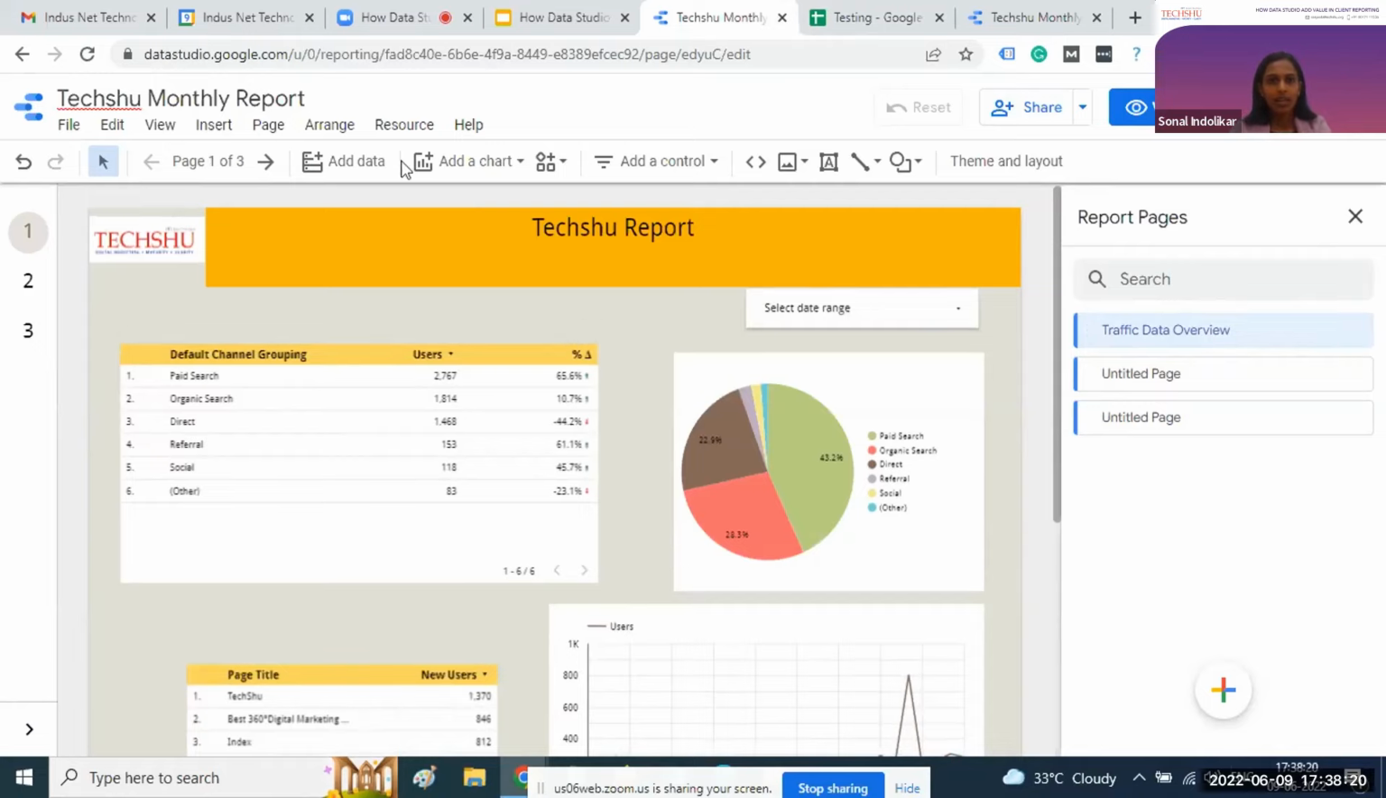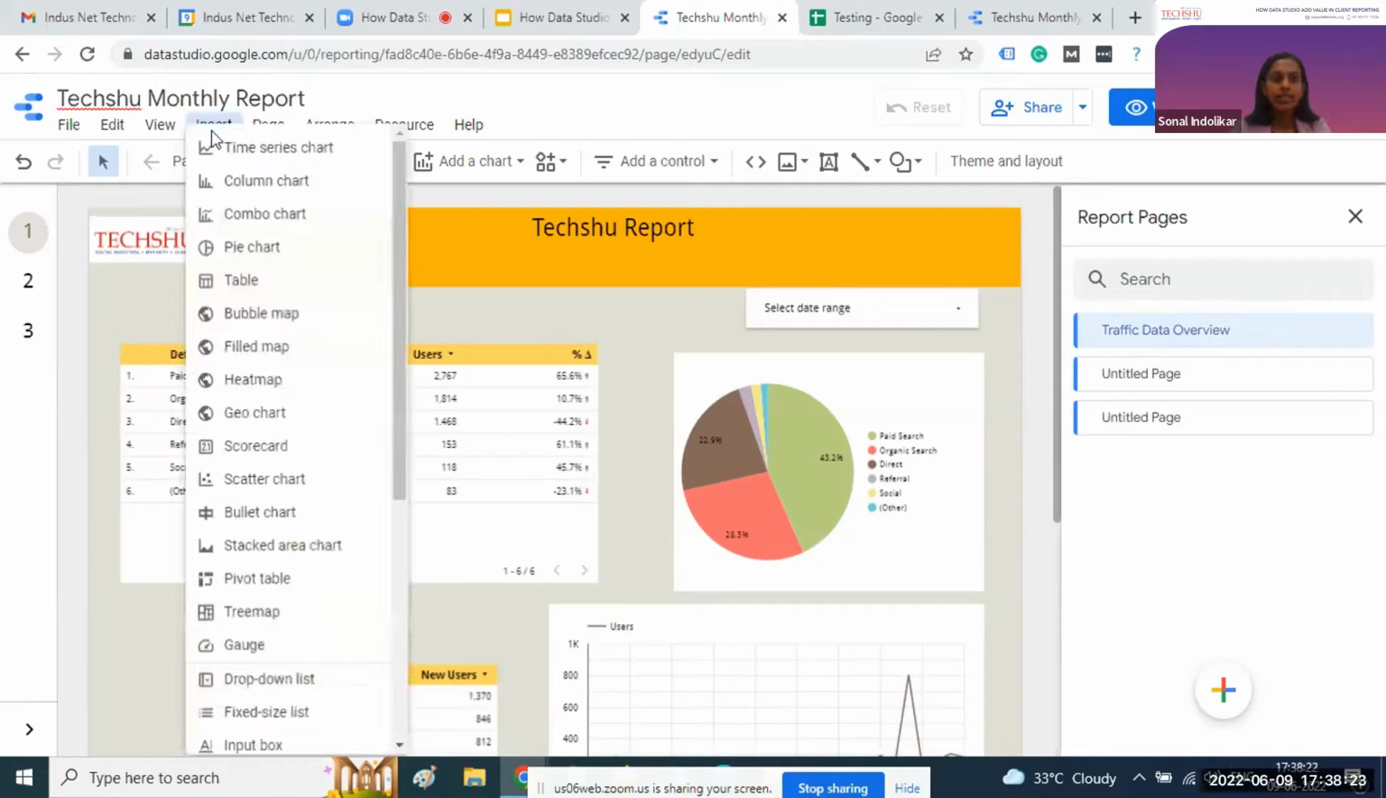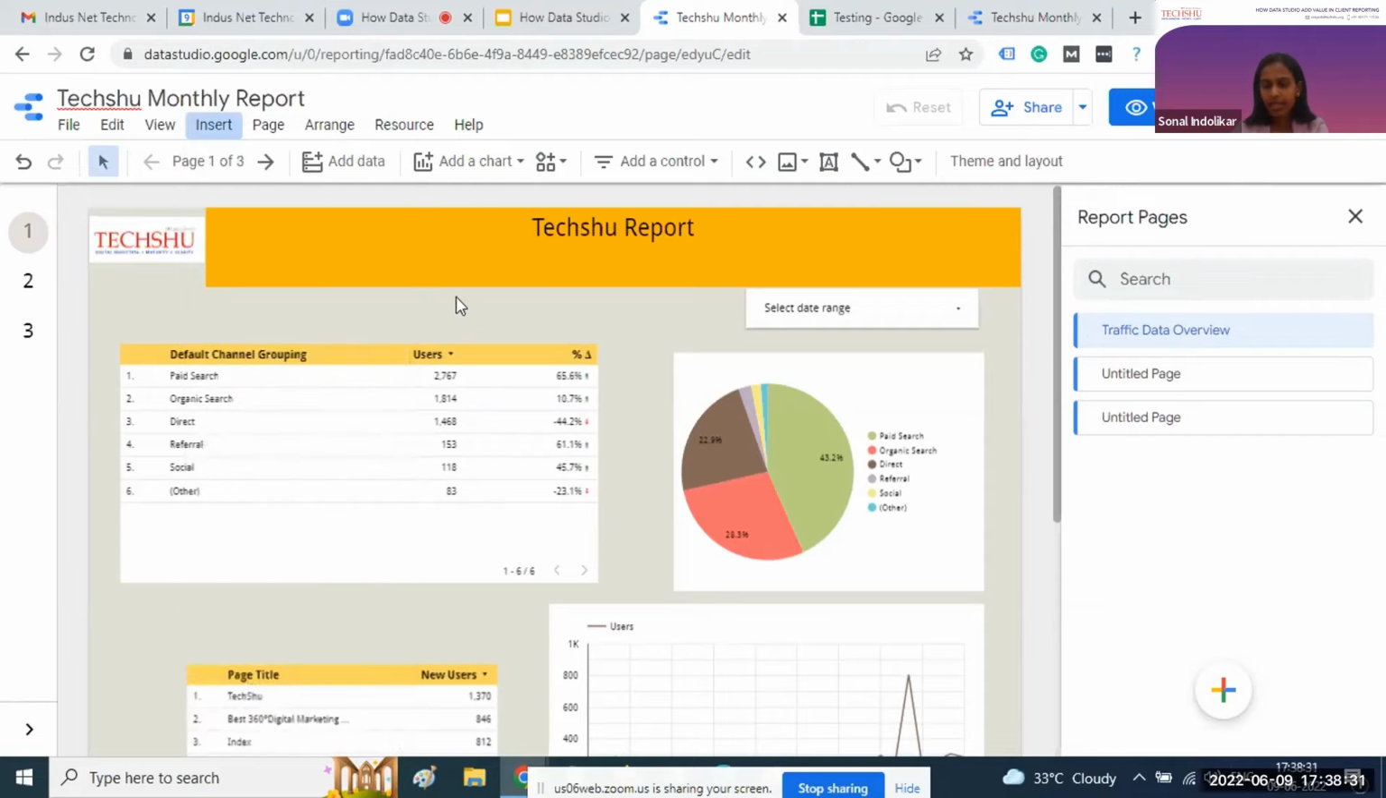And in the insert option, there are multiple options available, like the scoreboard you can add. So for example, I'll build another slide. In the scoreboard, you can add